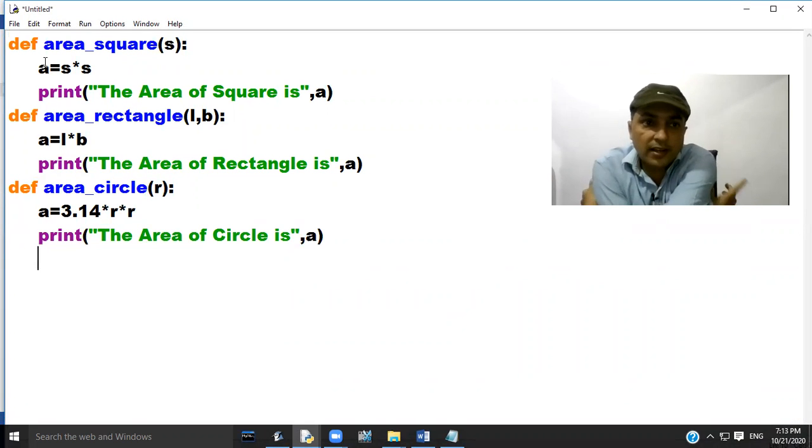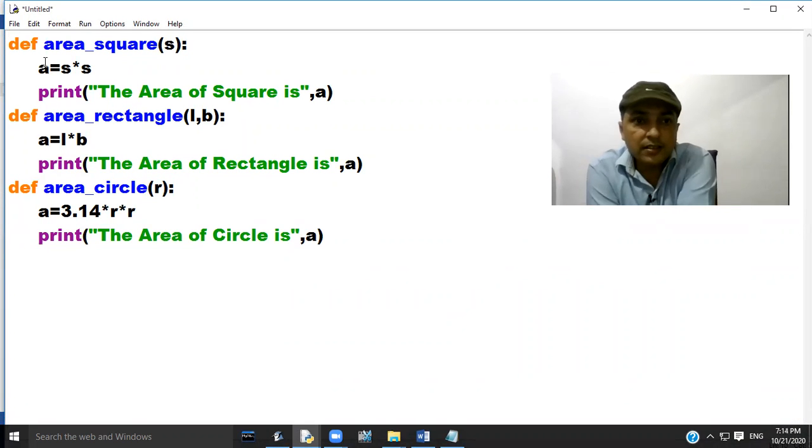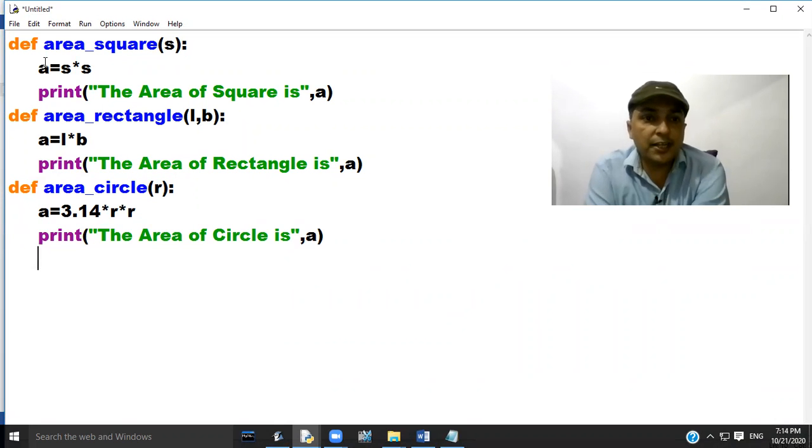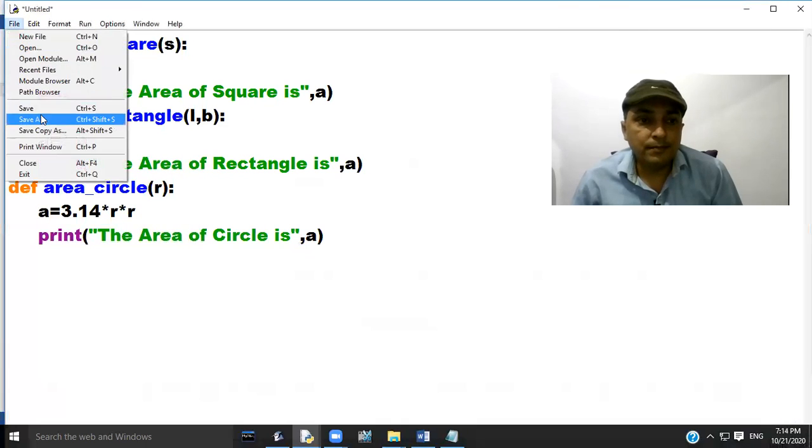So in this file, I have created three functions. My first function is area_square, which accepts one parameter and calculates the area of a square. My second function is area_rectangle, which accepts two parameters L and B and calculates the area of a rectangle. My third function is area_circle, which accepts one parameter radius and calculates the area of a circle by using the formula pi r square. Now save this file with the name